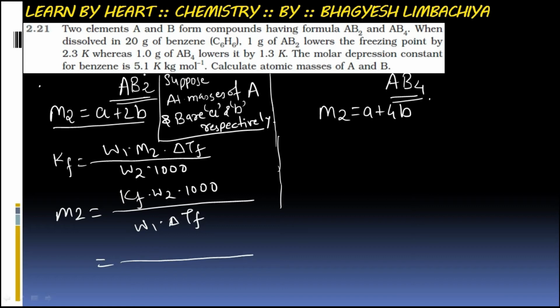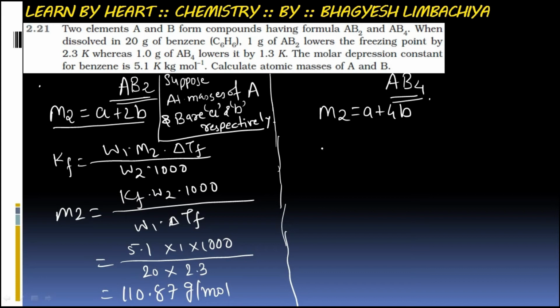So Kf will be 5.1 multiplied with 1 multiplied with 1000, W1 20 multiplied with 2.3. By multiplying, we will get the answer 110.87 gram per mole. Similarly, on the other side, M2 is a plus 4b. So if we make Kf the subject,